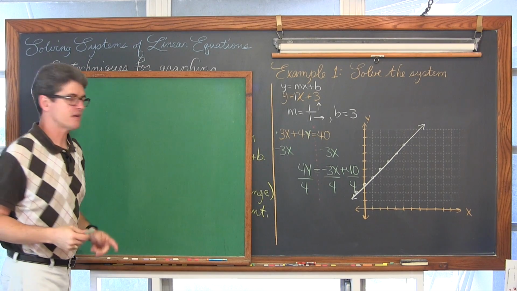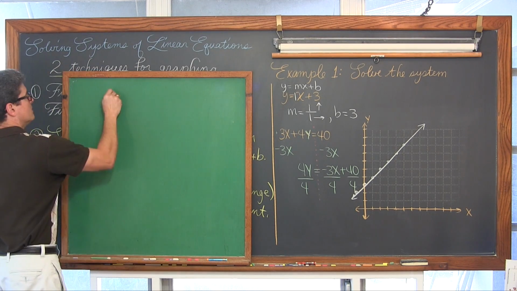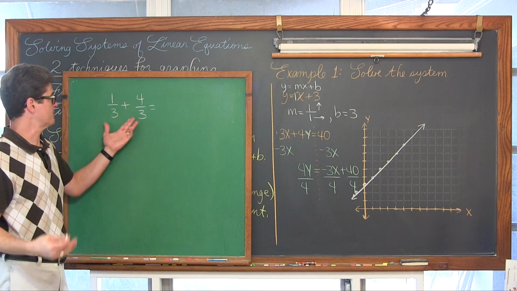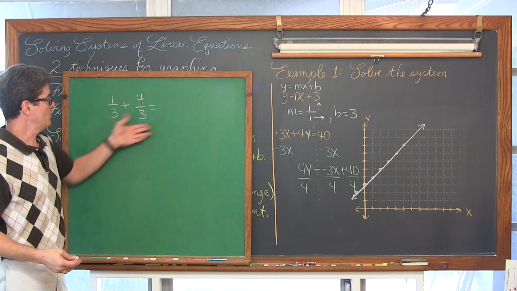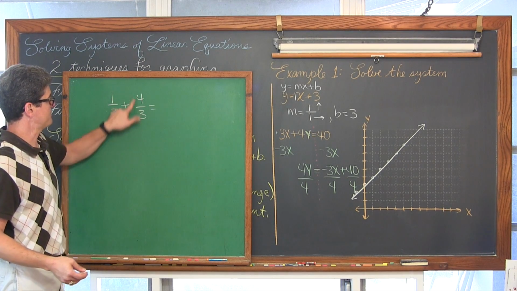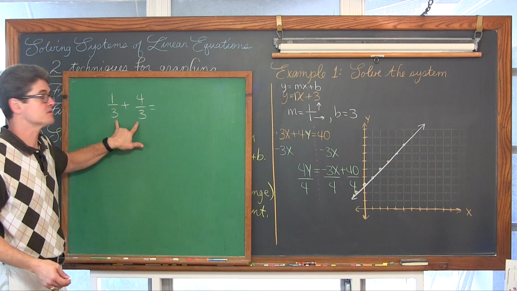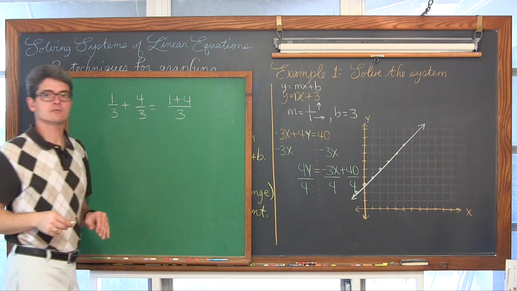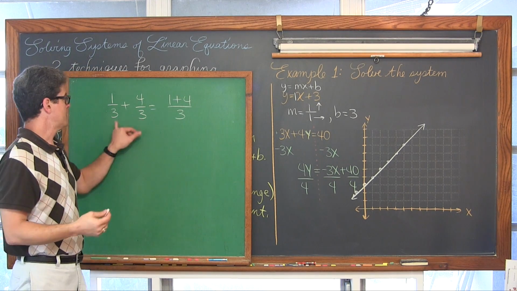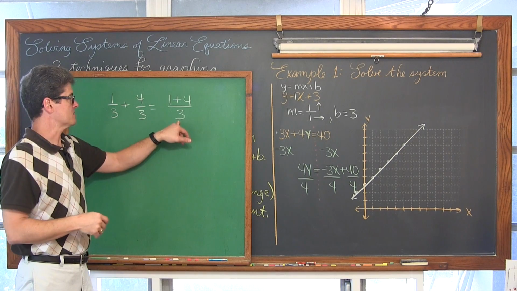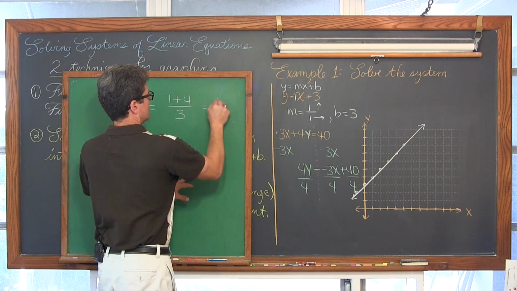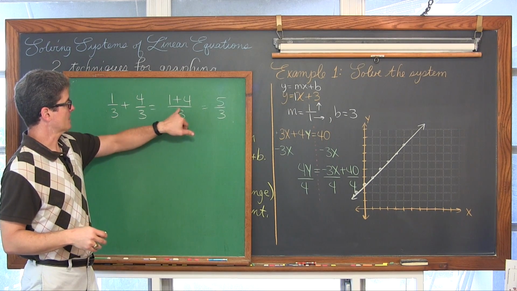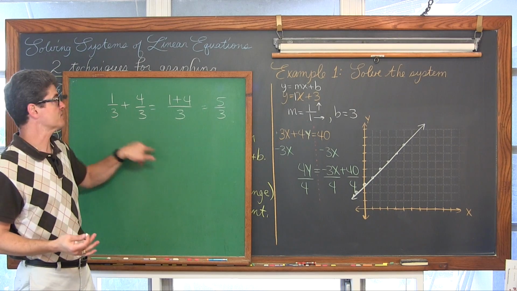Think about adding fractions. If I say that you have 1/3 plus 4/3, I'm just giving us a fraction here that already has common denominators. You would combine those, they already have common denominators. We're just going to add the numerators, and you would just recopy that common denominator. You don't add the denominators. And then eventually this comes out to be 5/3.